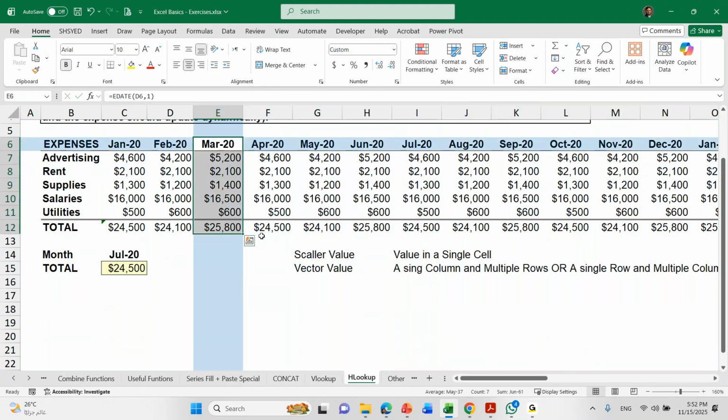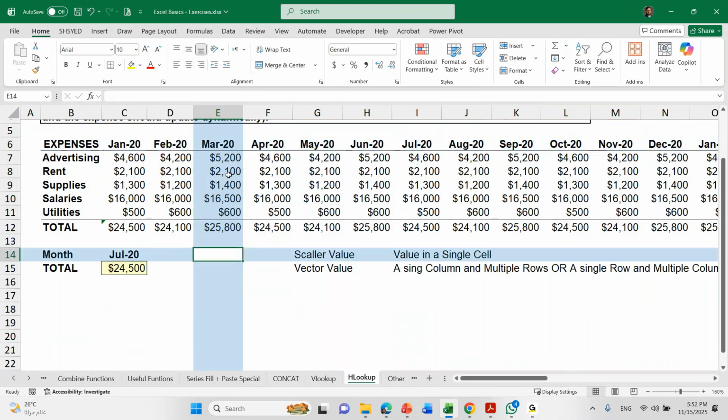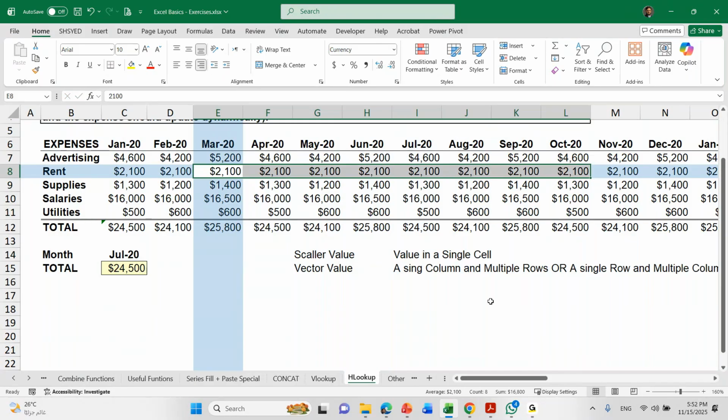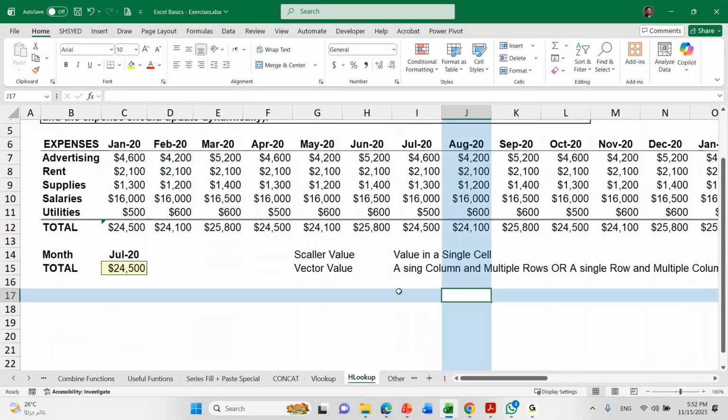This is one vector. This is one column and 7 rows. This is one row and multiple columns. These are vectors. And then there are